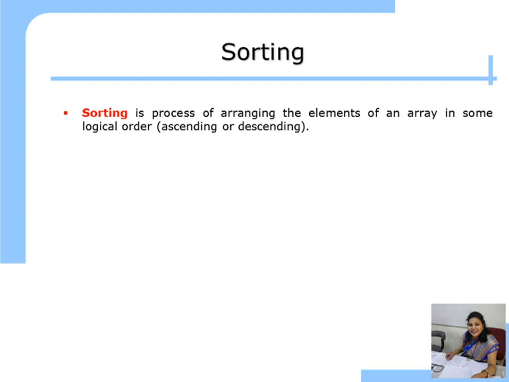In real life, take an example. Consider if all the data in your mobile phone is not stored in sorted alphabetic order. What can happen? You cannot easily search the contact number that you want. Because it is stored in sorted order, only then can you perform the searching operation fast.